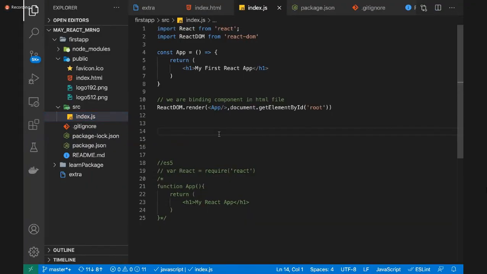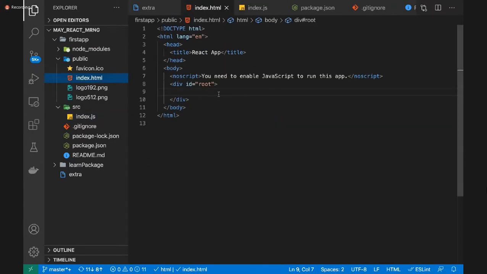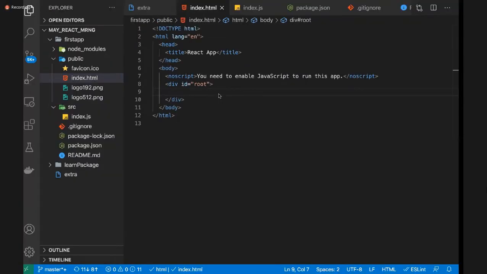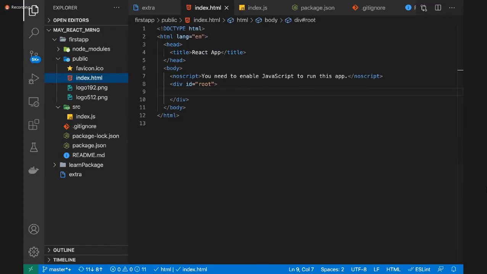Now tell me, is anyone not clear with the flow? First of all, when you run the code, this index.js runs. This index.js compiles all the code and loads inside the HTML file. And the browser will load the HTML file for me, guys. Tell me, is anyone not clear with this code, first of all? Clear to all? Perfect.